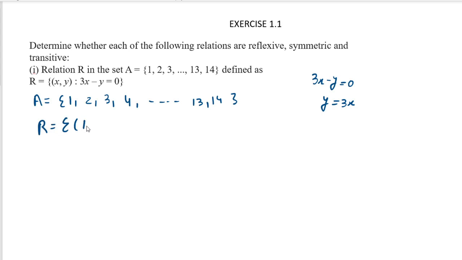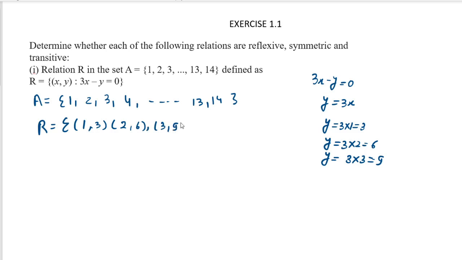First of all I have taken x is equal to 1. So if x is equal to 1, what you will see, 3 into 1 becomes 3. The value of y becomes 3. So I will write down like this, (1, 3). For the second one, if I take the value of x as 2, it becomes 3 into 2, 6. So what is given here, (2, 6). For the third, if I take x is equal to 3, y becomes 9. 3 threes are 9. So I will write it here, it is (3, 9).